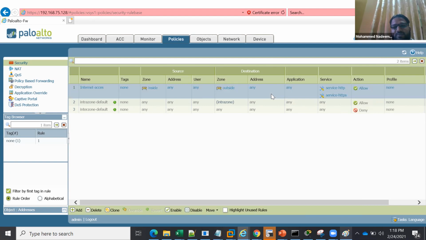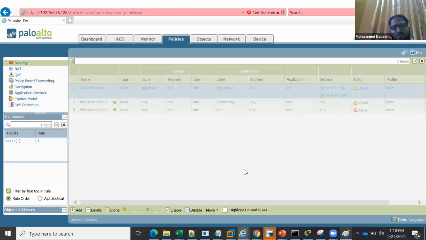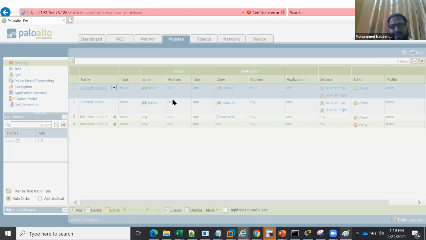This rule is a port based rule, but if I want to make it an application based rule, I can just clone it. Where do I want to put it? I want to put this rule more on top. This new rule will be on top. Can you see this? The new rule is cloned here with the new name. So I want to say internet access